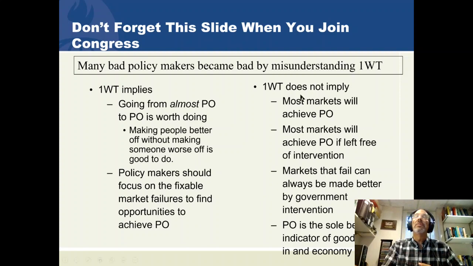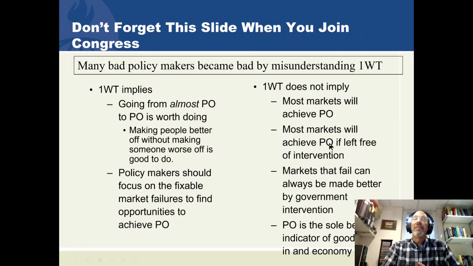Now, here are mistakes that people make. They hear the word free market and they think, well, markets will achieve PO. So as long as we have a market, that's going to make it Pareto optimal. The second, almost bigger mistake is that if the government does anything to an economy, it is going to create a lack of freedom of the market. The government intervention in an economy to create information or to take down barriers to trade will make things worse, that it takes away the freedom.